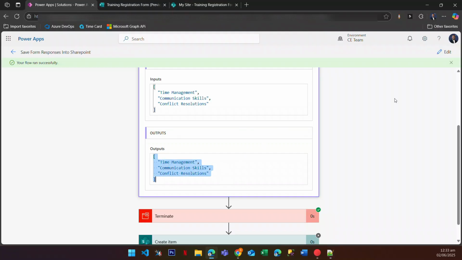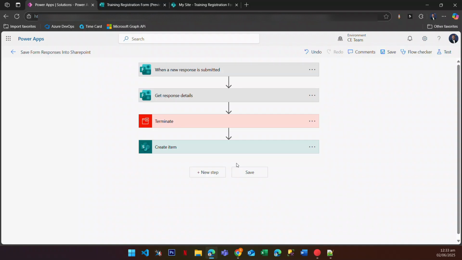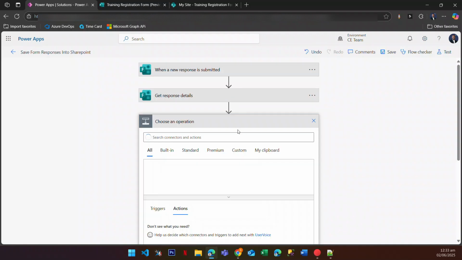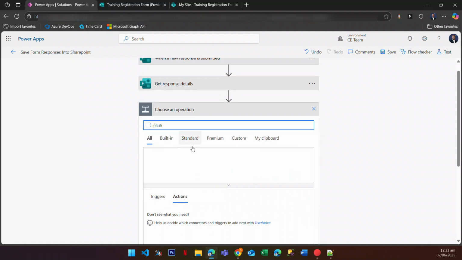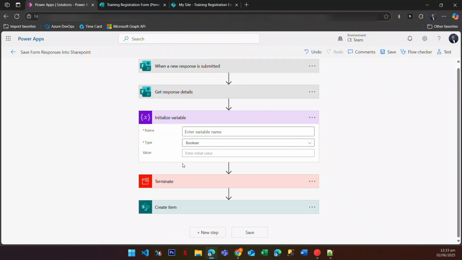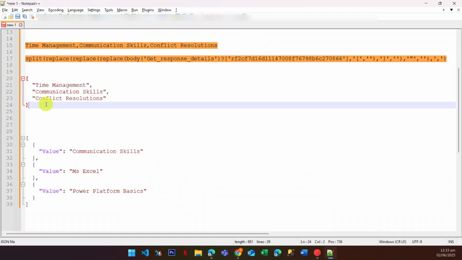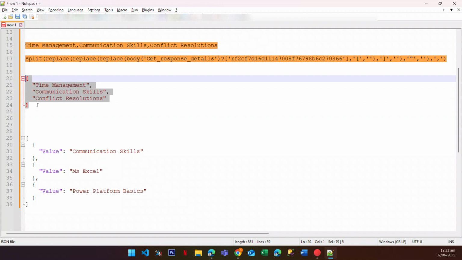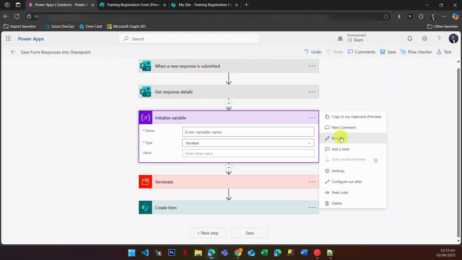So let's go back, edit, let me delete the compose, I said add an action, then say initialize. So I'm adding the initialize because this is a string. So we're gonna add an initialize and say rename,